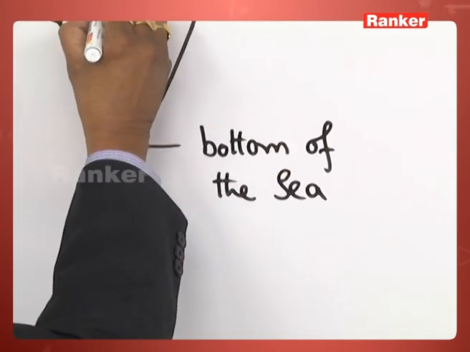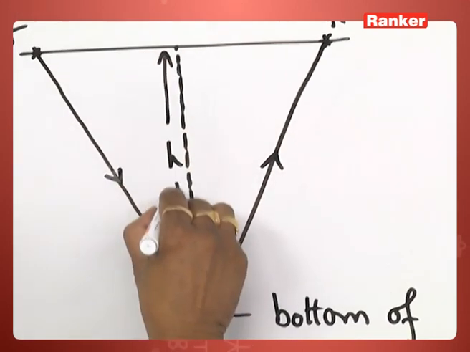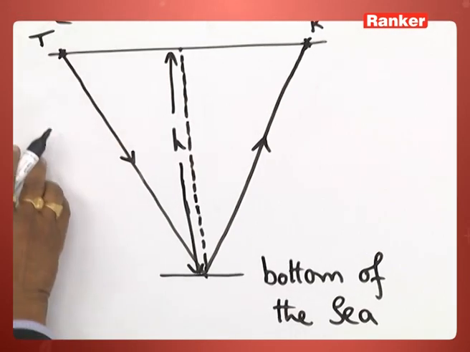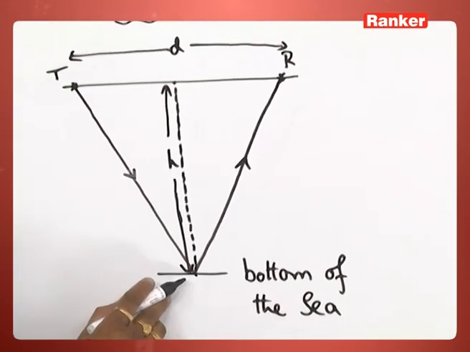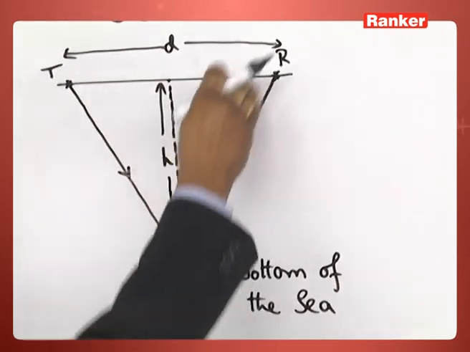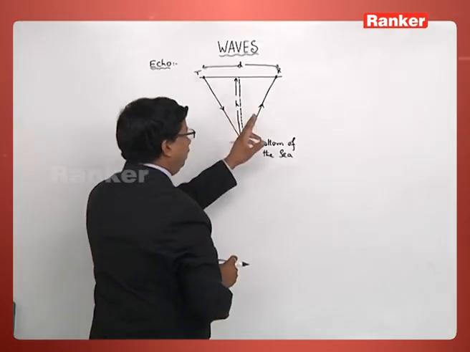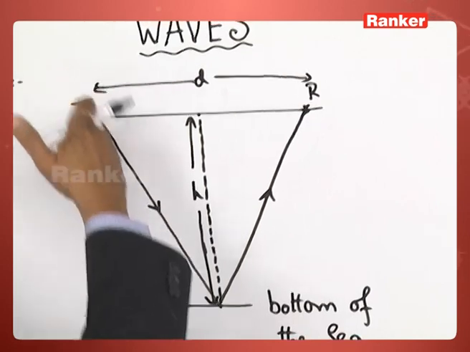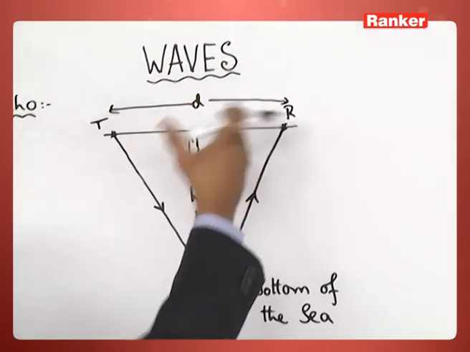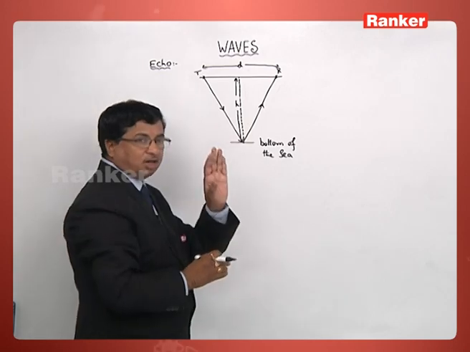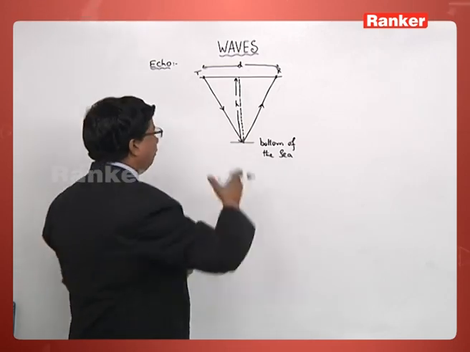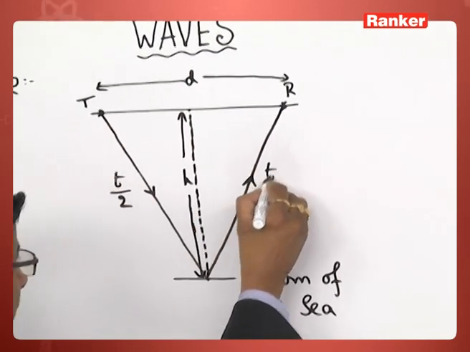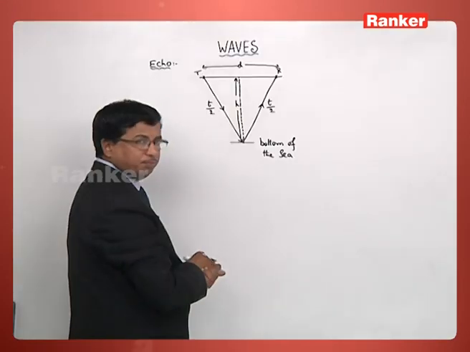This depth, which we are taking as h, is the value that we have to calculate. Now one thing you can understand is sound is just traveling all the way and coming out this way. This is the echo which is going to be heard after t seconds. That means the time taken by the sound to leave the transmitter and reach the receiver, let us consider the total time is t. Then one can understand to go down it takes t by 2 seconds and to come up again it takes t by 2 seconds.